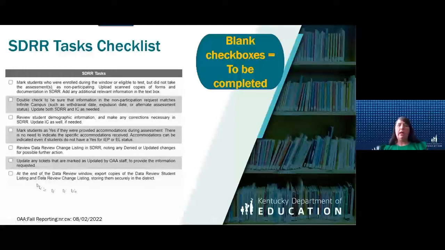And then always at the end, be able to export the changes that you made, and if you didn't have to make any changes, that you still make a copy of those and keep those securely in your district.